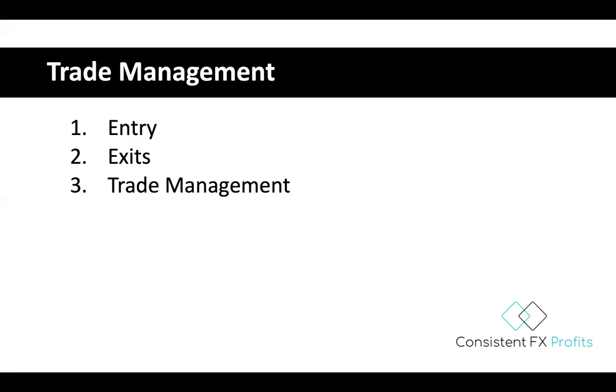Trade management. So, okay, you've set your order, so you know exactly where you're going to enter, you know exactly where you're going to exit, both in profit and loss. What's next? So there's basically two options. Assuming you use a stop loss and a take profit that's predefined and put into your orders, you can either set and forget the trade, meaning it'll do its thing forever and ever until it hits a stop loss or a take profit, or you might have some trade management rules. So